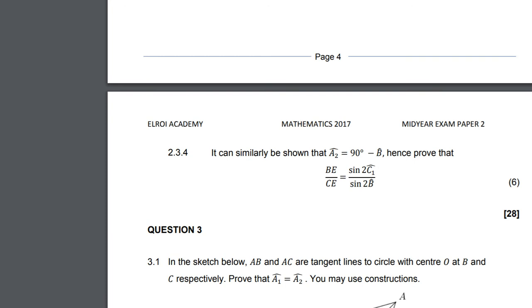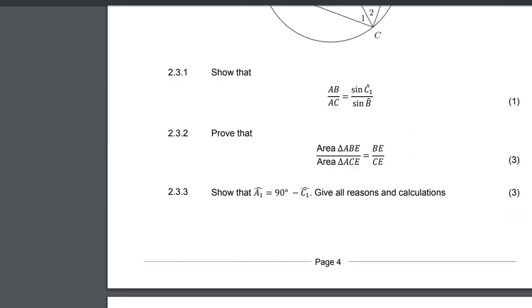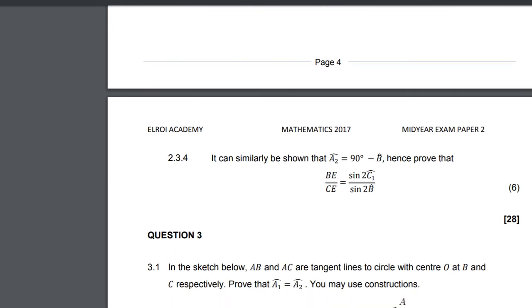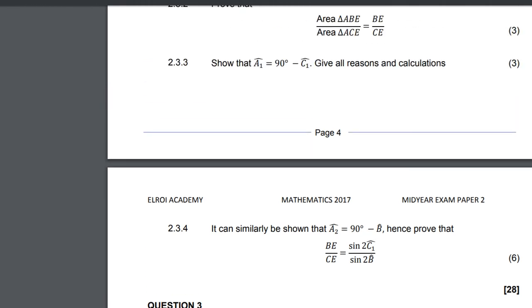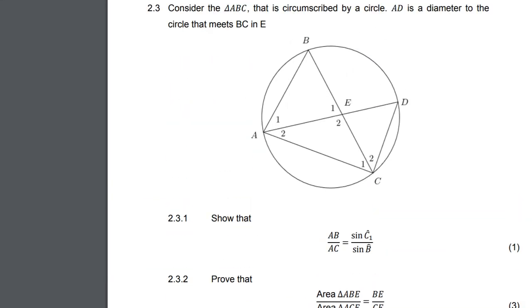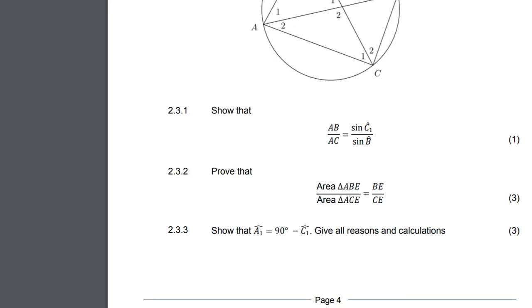Now, this one was super difficult. Granted, of the 3, 6, 7, there's another 6 points that was difficult. So, all we do here first is we say that it can be shown that A2 is 90 degrees minus B1. So we have A1 is 90 degrees minus C1. A2 is 90 degrees minus B. And so now the question is